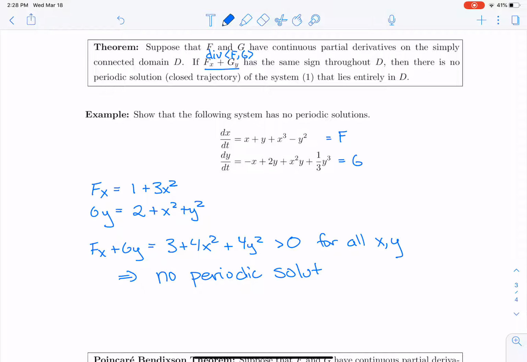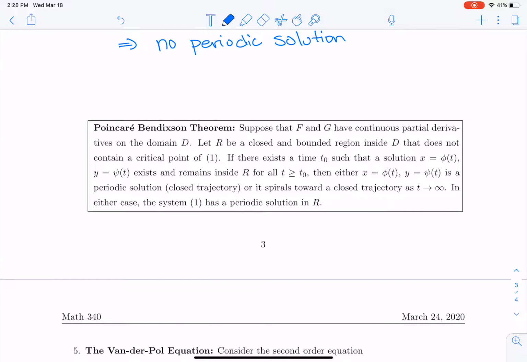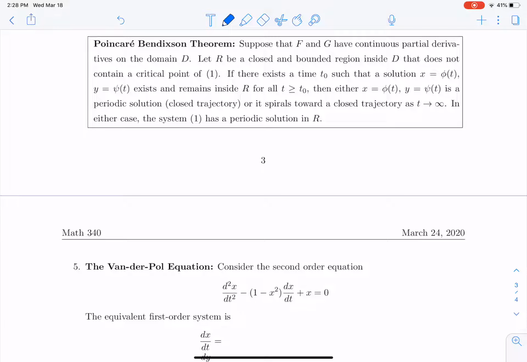So that's great that that theorem helps us understand when a periodic solution does not occur, but what about when a periodic solution does occur? That brings us to the Poincaré-Bendixson theorem. This theorem says, suppose that f and g, our right-hand side of our differential equation, have continuous partial derivatives on the domain D, and let R be a closed and bounded region inside D that does not contain a critical